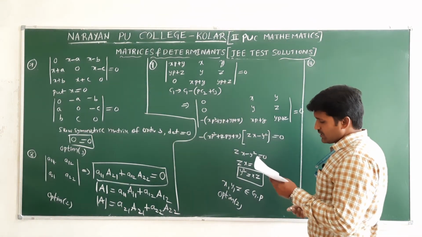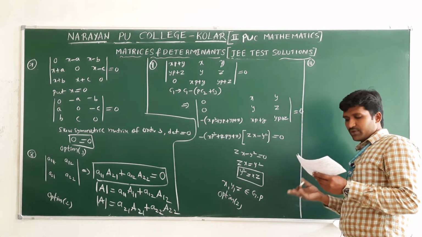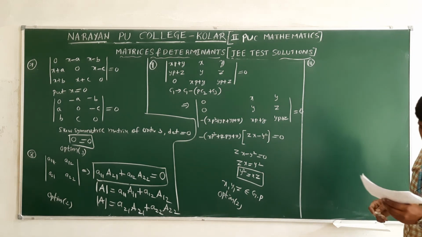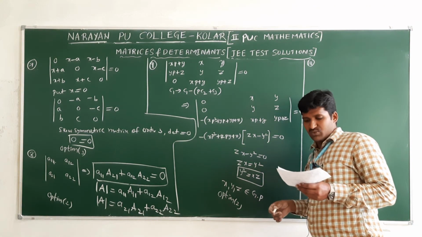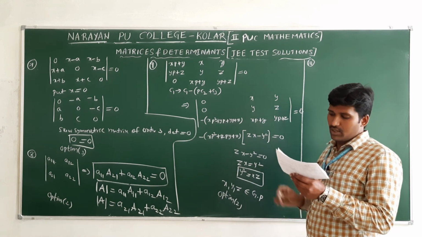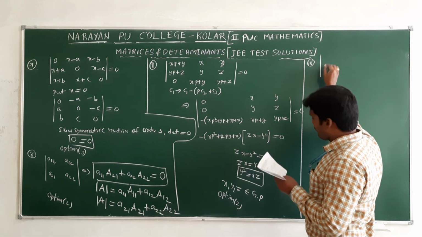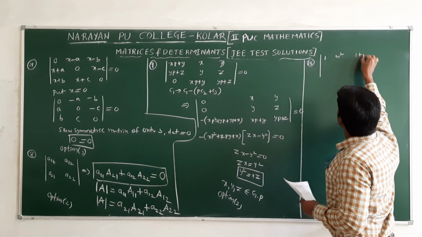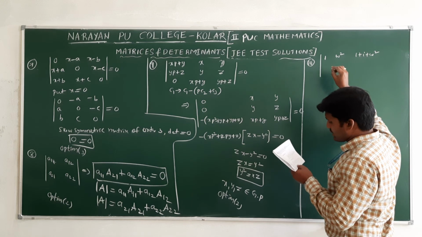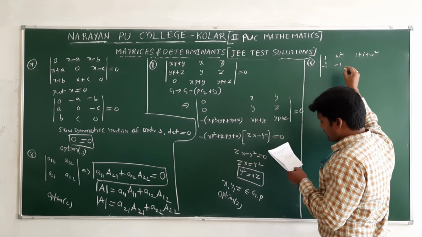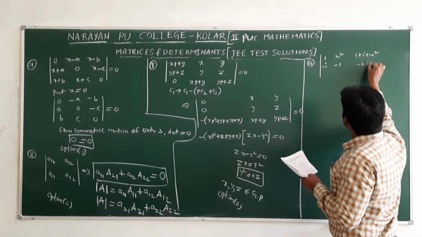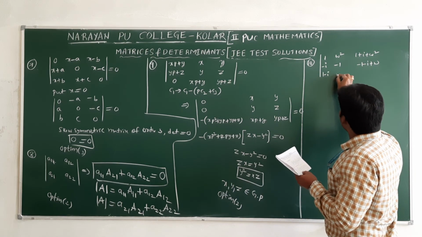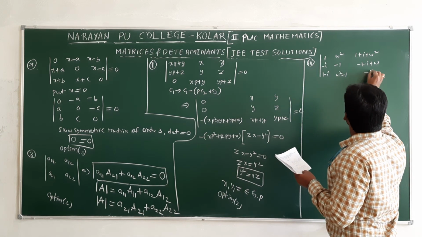Root minus 1 is i. Omega is non-real cube roots of unity. Omega is not a real number, it is an imaginary number. Already we know that omega value is minus 1 plus root 3i by 2. We need to find the determinant of 1 omega square, 1 plus i plus omega square, minus i, minus 1, minus 1 minus i plus omega, 1 minus i, omega square minus 1, minus 1.